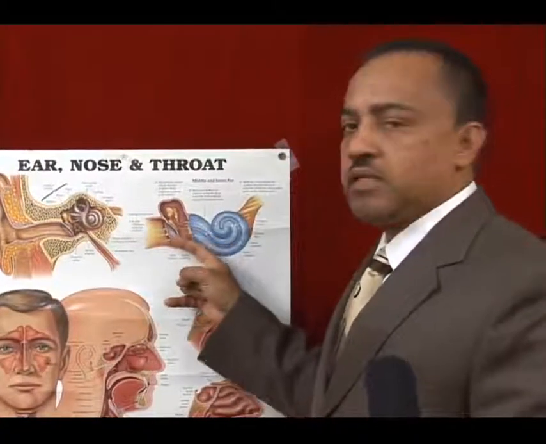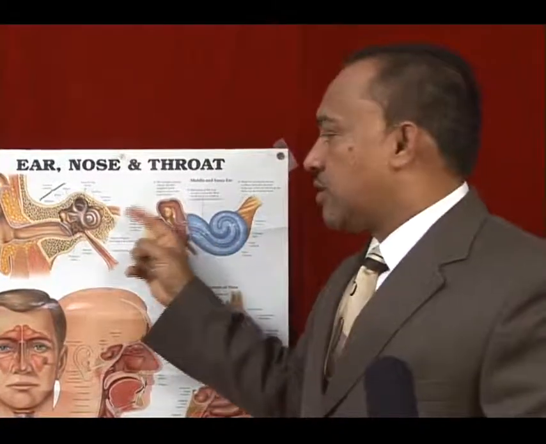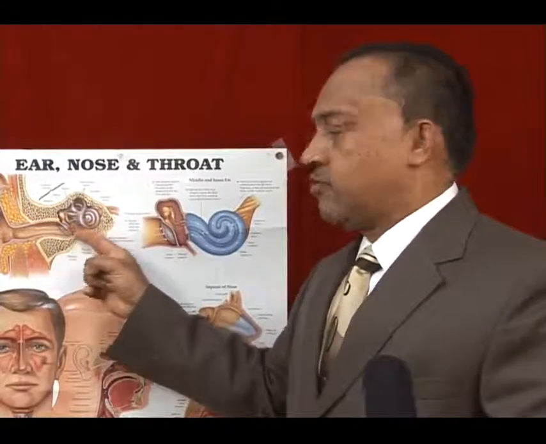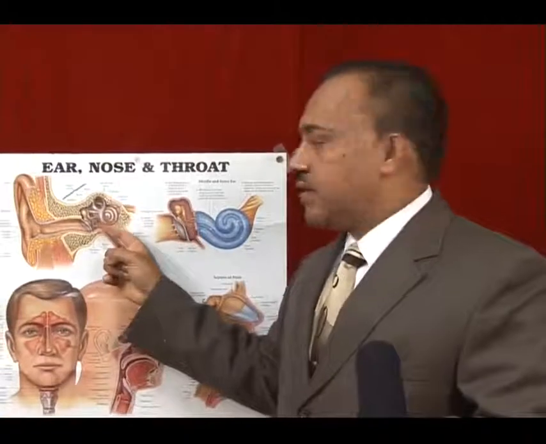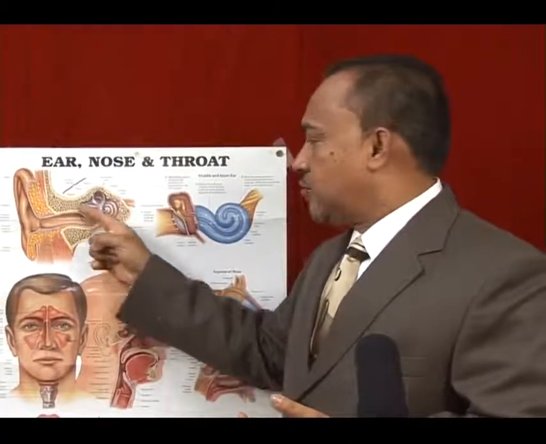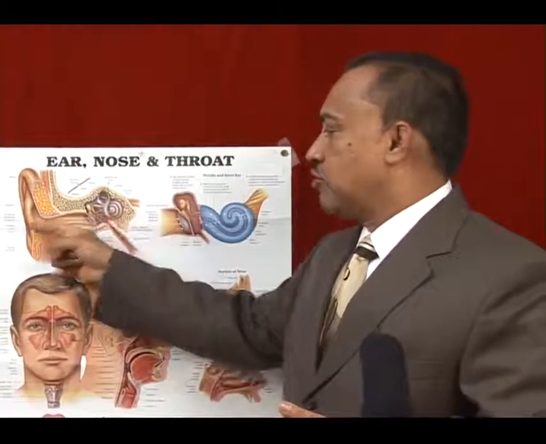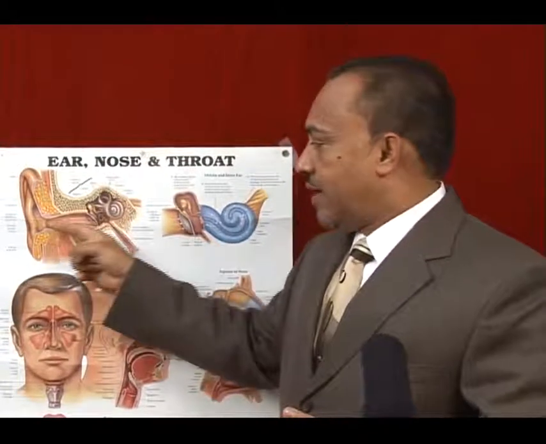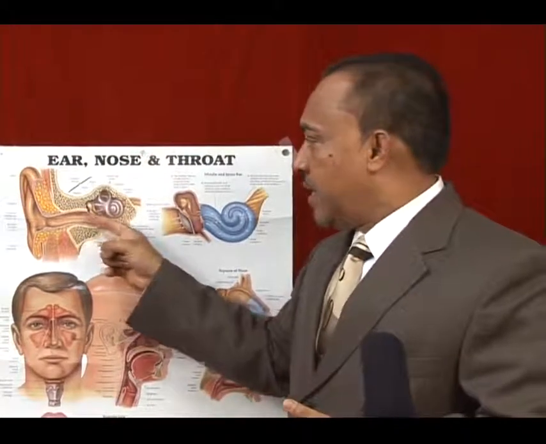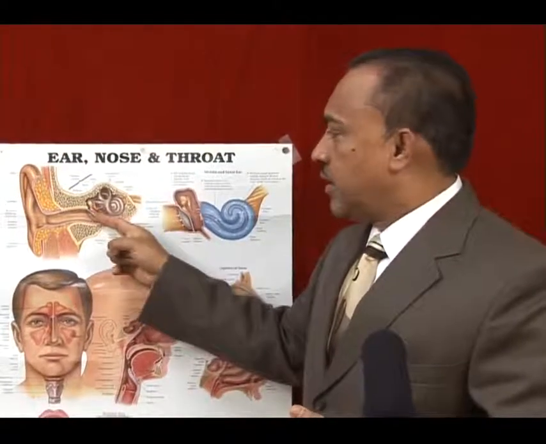Now, that pressure within the middle ear, the only way it can escape is via the tympanic membrane. We get a rupture of the tympanic membrane. Now, it doesn't oscillate as well. It doesn't transmit the sounds as well, and hence it results in deafness as well. There is a difference between a neurologic deafness and deafness due to the auditory apparatus, and this is basically due to the sound waves themselves. So we can have deafness as early as the auditory canal, or we can also have deafness due to the tympanic membrane.